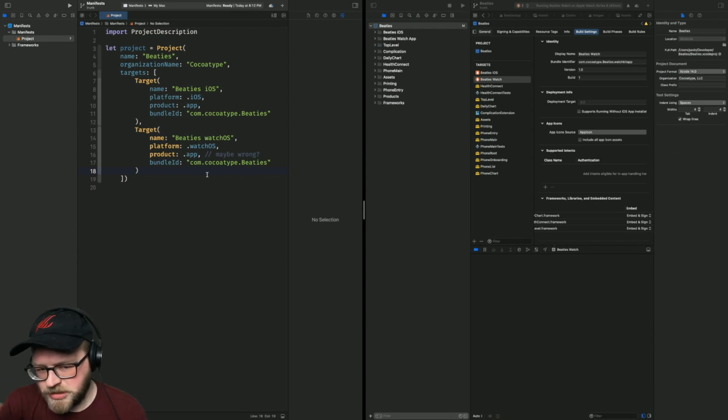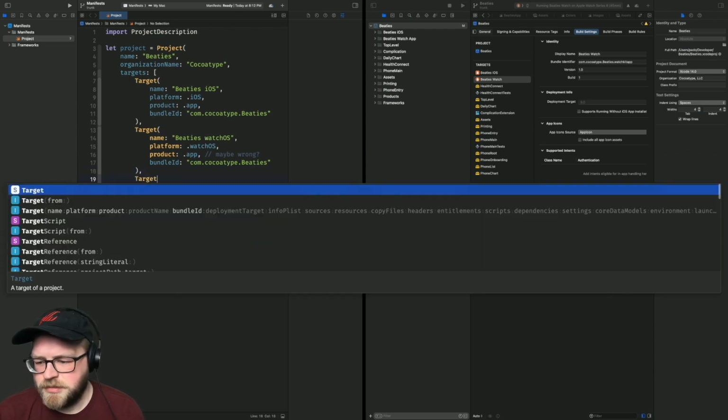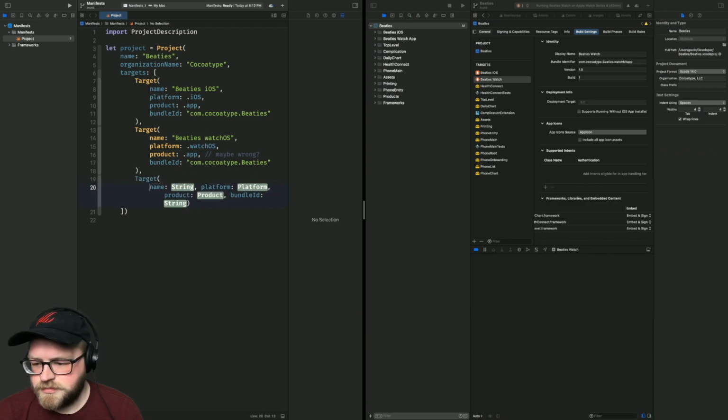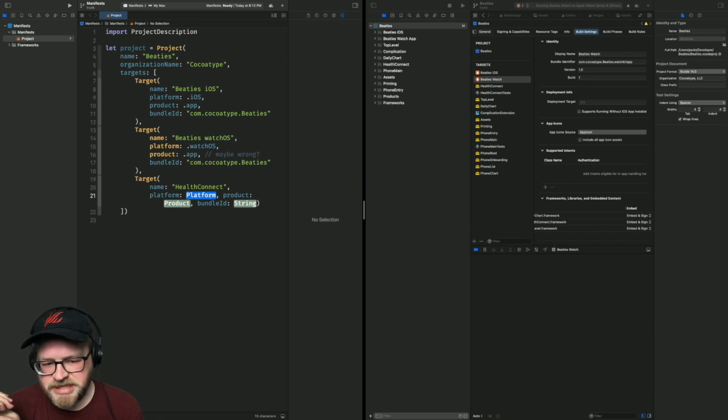Let's do a couple of our targets, but I don't think we need all of them right now. So Health Connect here, this is the framework that does all of the interaction with HealthKit. I do that so that I can kind of mock out HealthKit for tests and say, hey, I don't want to rely on the real HealthKit during tests. I want to just hide away its entire thing. This is going to be our first pain point with Tuist. And if you watched my other stream with it the other night, you'll recognize what went wrong here,